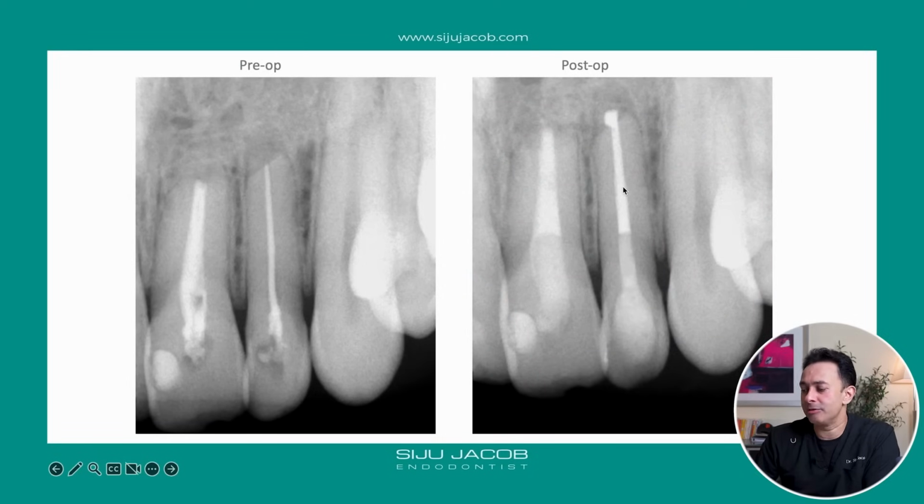The lateral, we didn't have to put MTA because the apex was, I think, at 35 or 40, so I decided to just gutta percha in this canal, but this whole canal is MTA. So this is a classical MTA case or apical barrier where we put some sort of a bioceramic at the apex and create our own barrier rather than waiting for the body to create a barrier as we do in apexification cases.